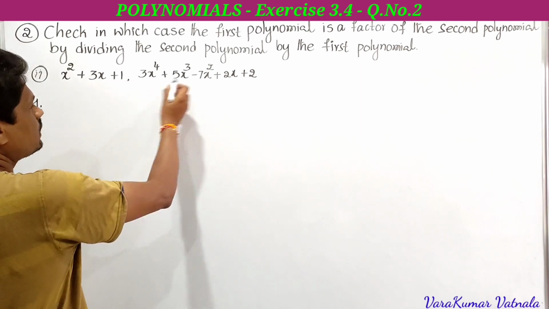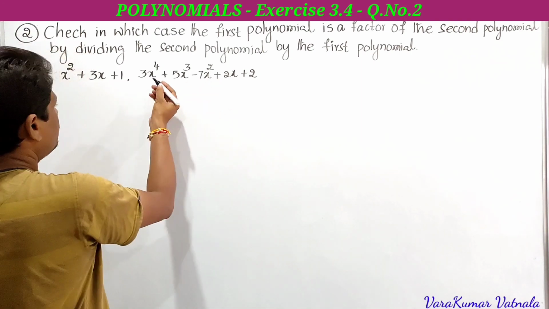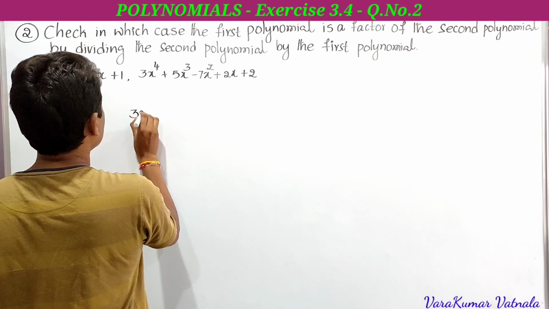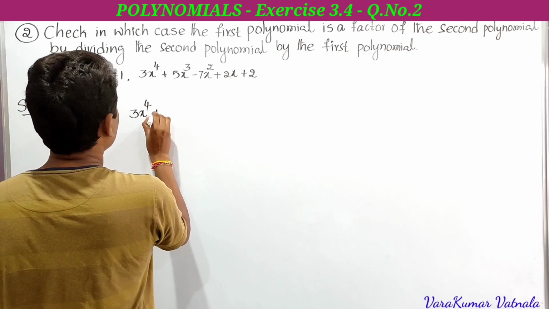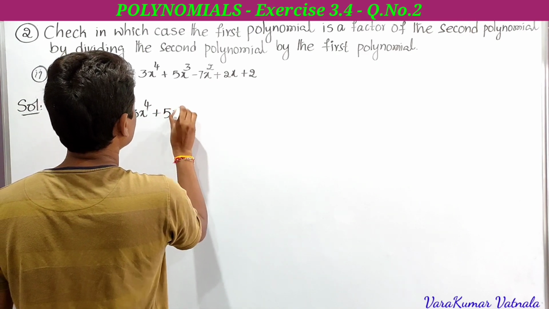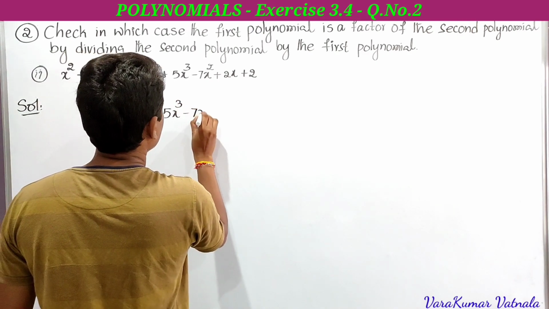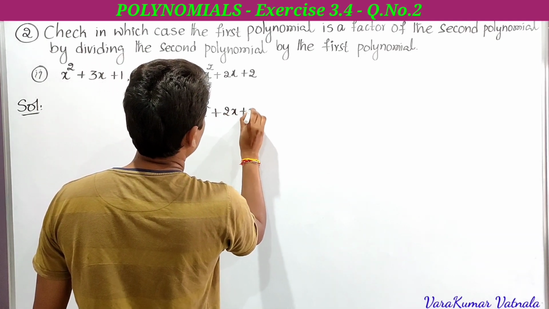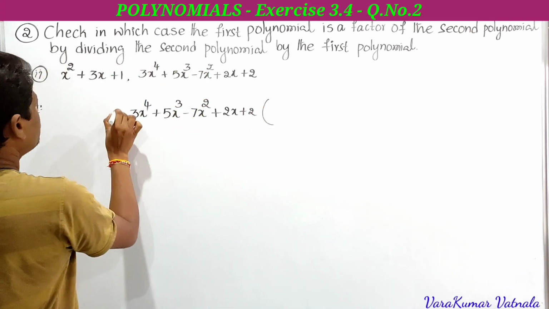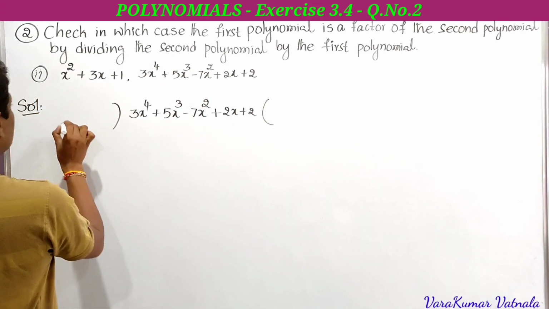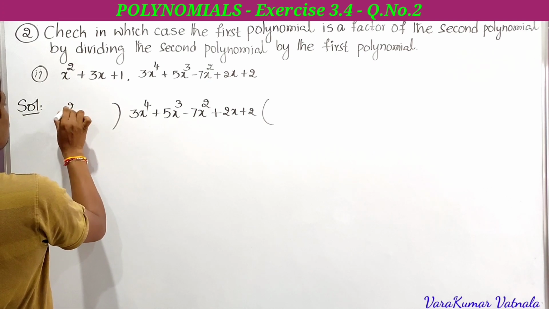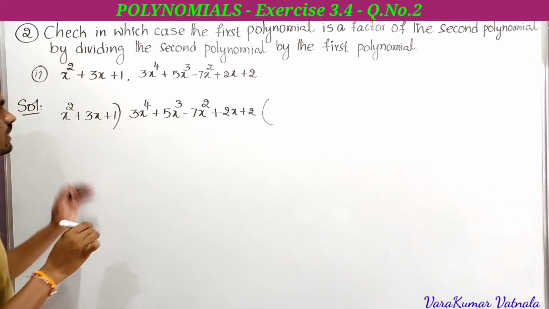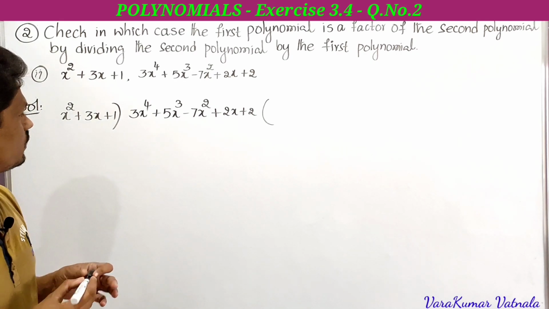So first write the second polynomial as the dividend. So here the second polynomial is 3x to the power 4 plus 5x cube minus 7x square plus 2x plus 2. So write it as a dividend. Now write the first polynomial as divisor, that is x square plus 3x plus 1. Write it as divisor. So now the first step,